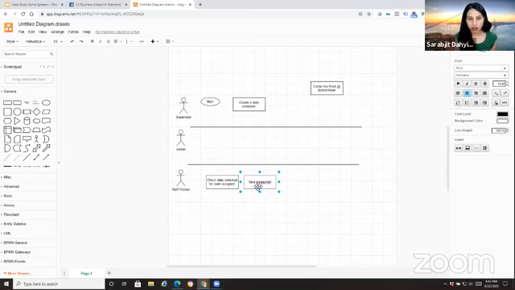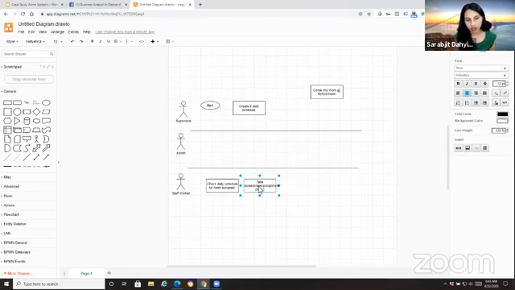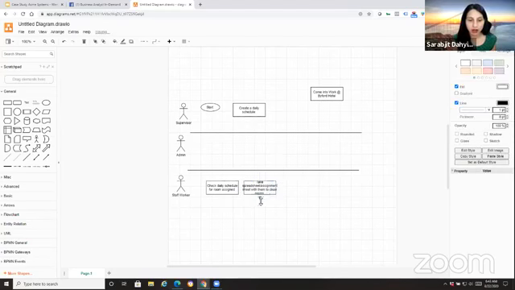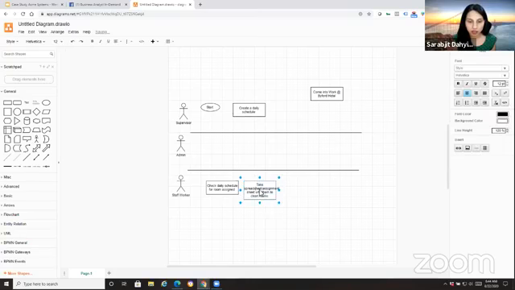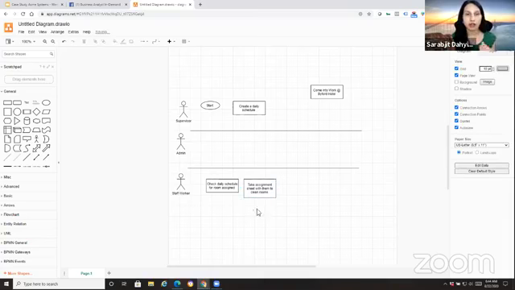So maybe there's a sheet that they take with them for the rooms that are assigned. I don't know. Let's just say that they take an assignment sheet with them to clean rooms. And let's pretend that on this assignment spreadsheet is where they're documenting the start and end time.